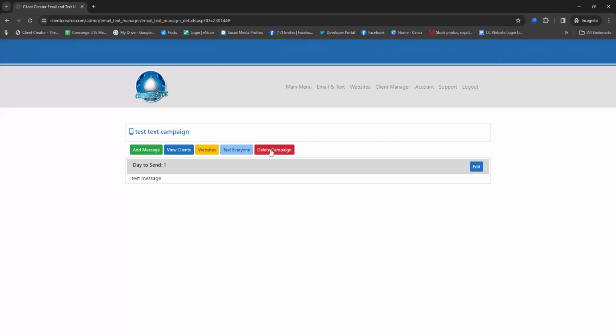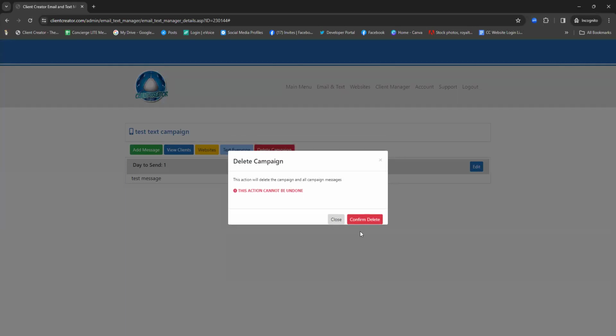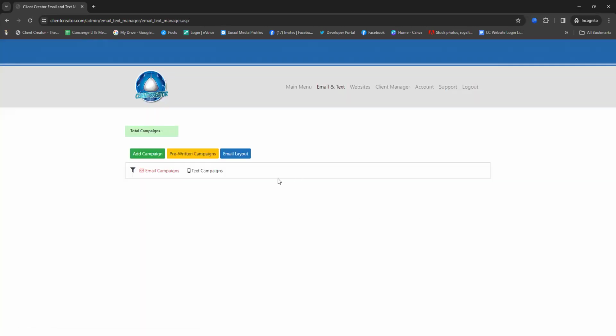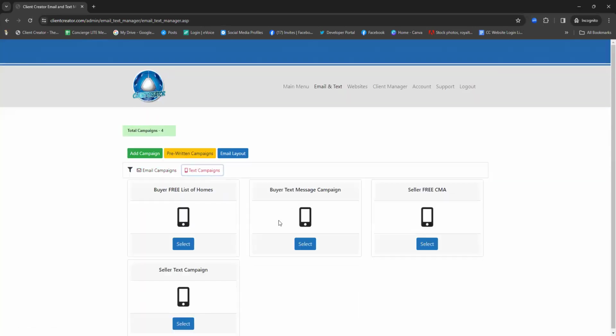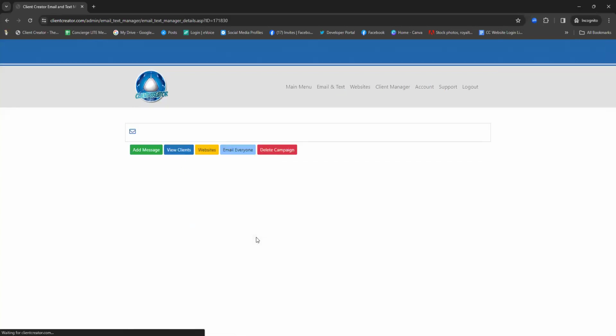And finally, the delete campaign. If you want to get rid of it, you can confirm the delete and you're brought back to the text campaigns. This will also work if, let's say again, you wanted to delete this campaign and reassign it, it'll come back into the